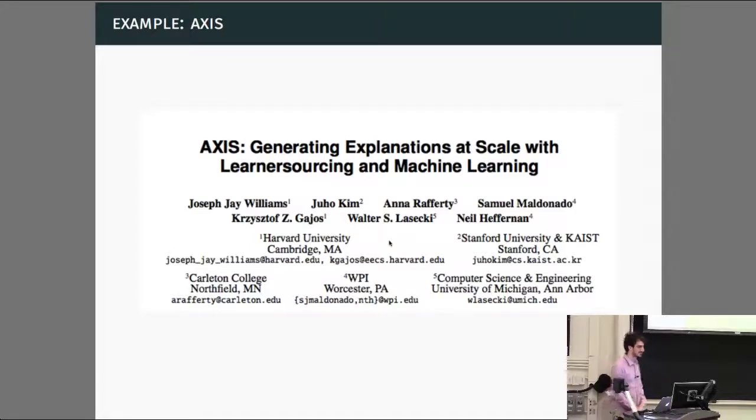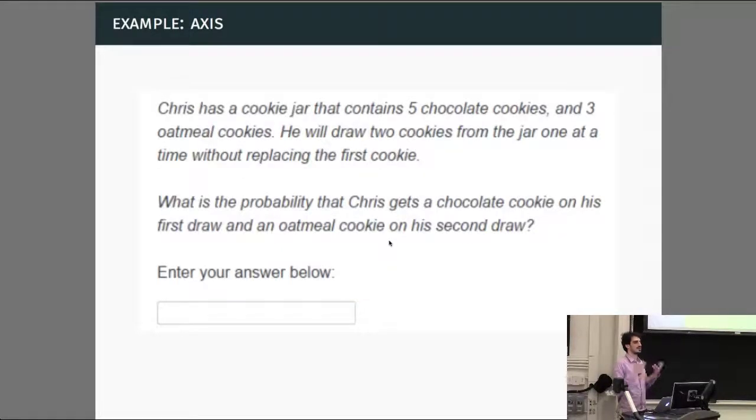What's learner sourcing? It's a new idea. It's a form of crowdsourcing where we're getting knowledge from the learners. This example comes from large online courses, or MOOCs. We have lots of learners, lots of students. Can we use those students to improve our education? So this idea is going to connect the fact that we have lots of students, and presumably we can gain knowledge from those students, and then we're going to combine it with multi-armed bandits in some way. How are we going to do that?